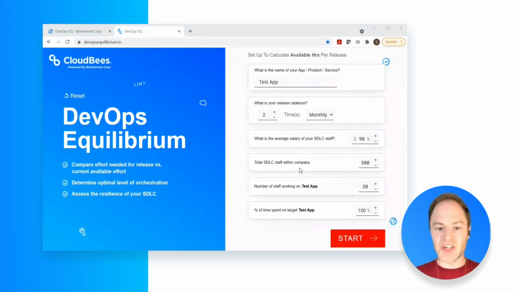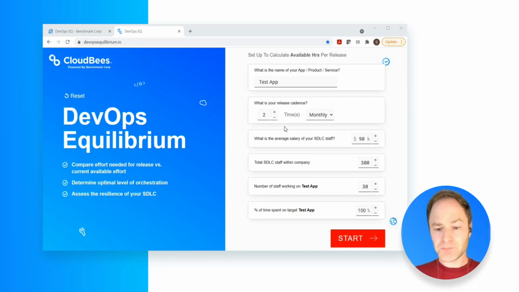Lots of things happen in software delivery. You never know what's going to affect your staff. You don't want attrition. So let's jump in and explore the application. On your starting page, we need to get some metrics from you. How often are you releasing, the name of the application so you can get a report? What is the average cost of your resources so that you have an actual value of what am I wasting